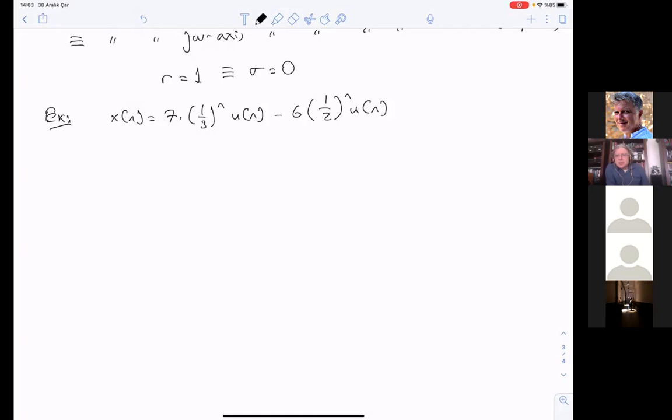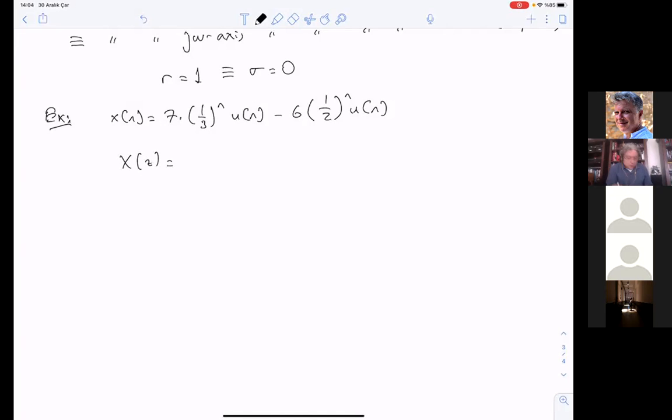So we also have the Fourier transform of this signal x of n. 1 over 3 to the power n is a decaying exponential for positive side, and because of this u of n, it is on the positive side, so it's a decaying exponential. 1 over 2 to the power n is also a decaying exponential. So what are the Z transforms of these things? It's easy. Individually, we can take